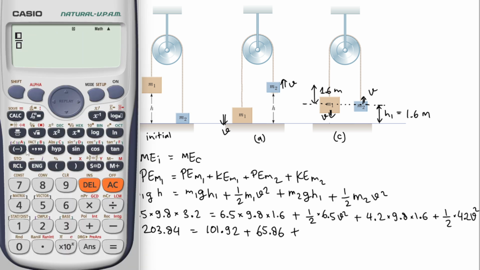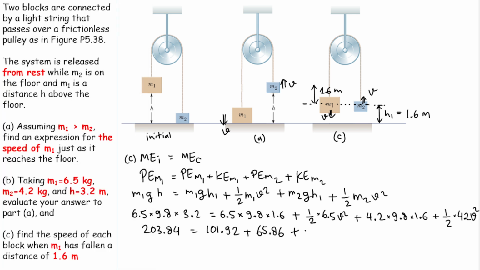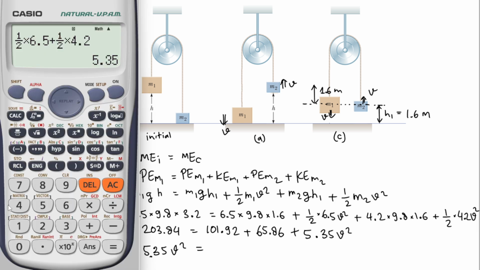Then let's add up the V squared terms here. So I will have 1/2 multiplied by 6.5, and then plus 1/2 multiplied by 4.2, and I will have 5.35, and that will be V squared, right? So we can use that for our left hand side. 5.35 V squared, and that will equal to,